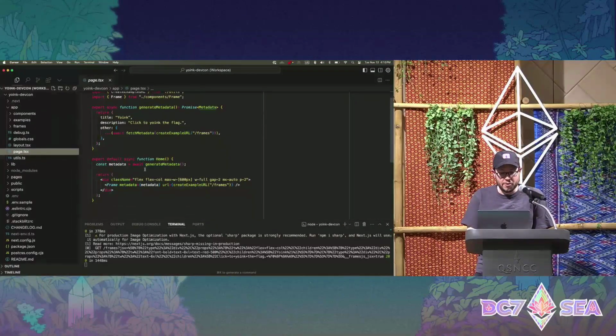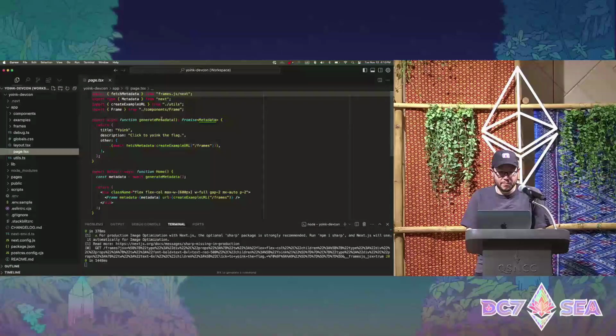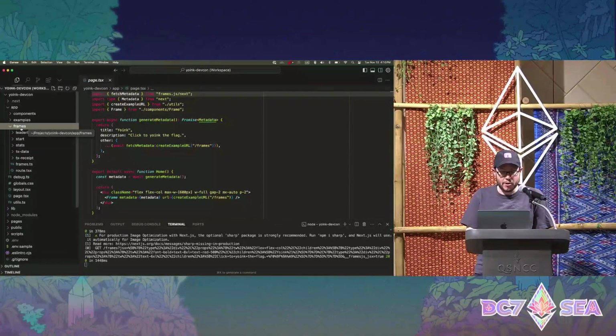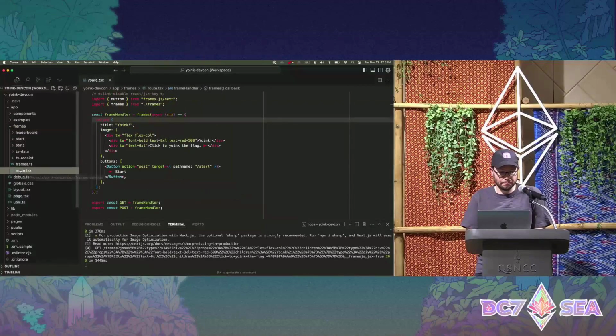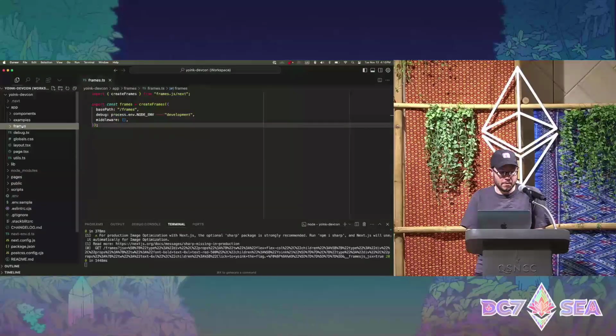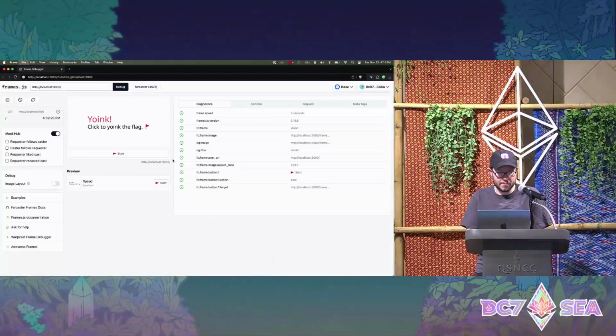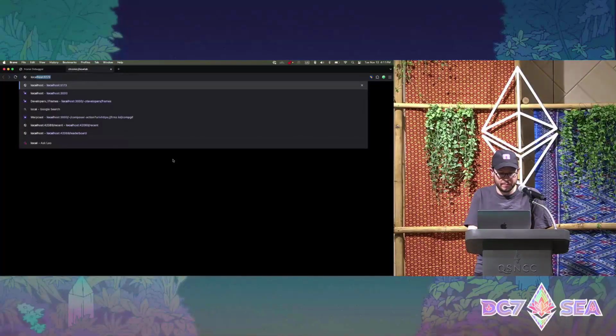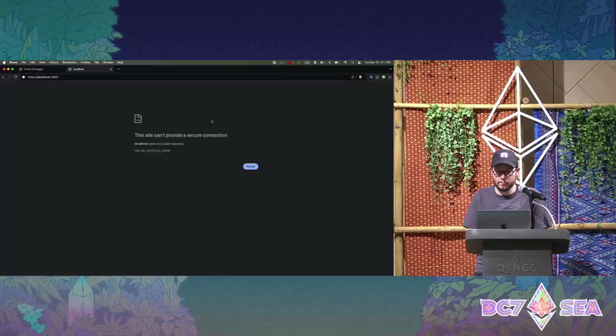So basic structure of our app here, we have the home page. And then nested inside this frames directory, we'll have our actual frames code. And we can go look at this home page over HTTP.